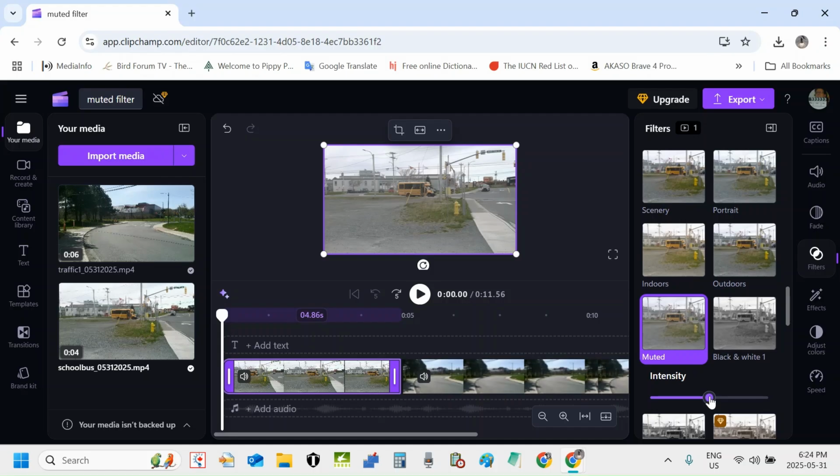That option is intensity. Okay, I can click it and drag it to the left to lower the intensity, or I could click it and drag it to the right to raise the intensity. Okay, so I'm going to click it and drag it all the way to the right to maximize the intensity for this first clip. Perfect. That maximizes the intensity. Okay, so now I'm going to collapse the property panel there and do the same thing